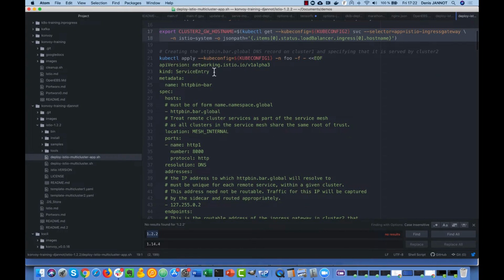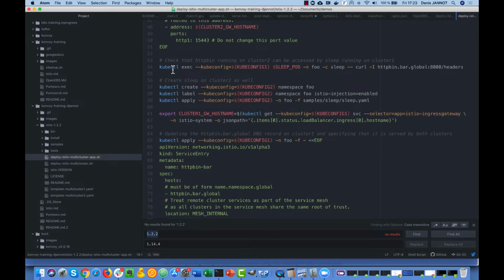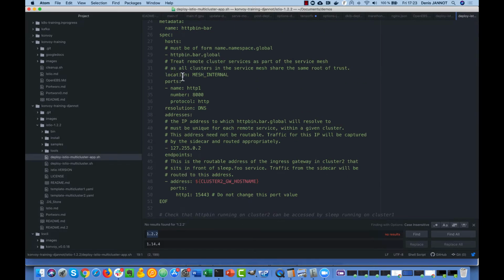And now we can create a service entry for httpbin.bar.global, and we say that we want to send a request to the Istio gateway of the second cluster